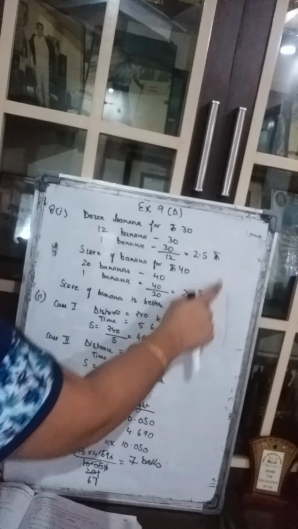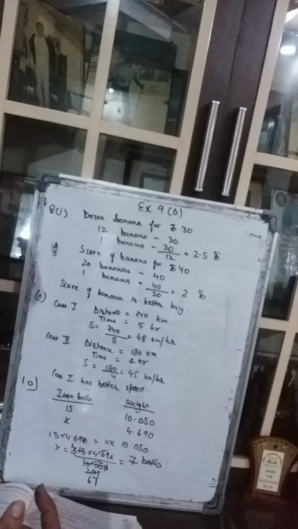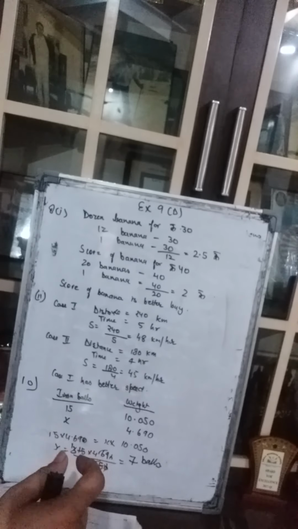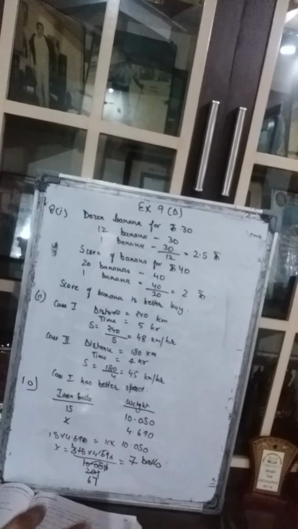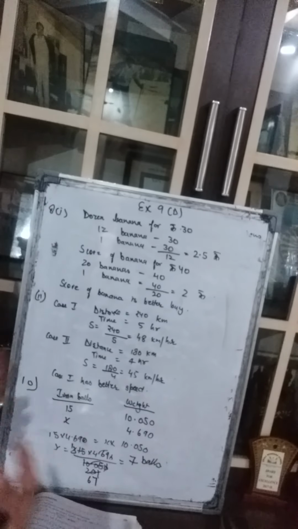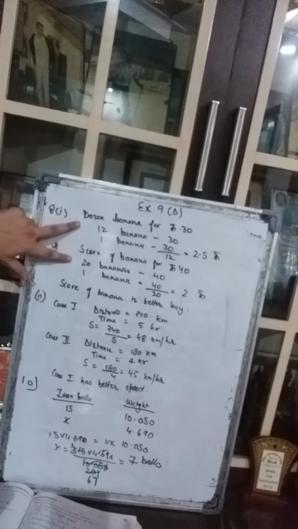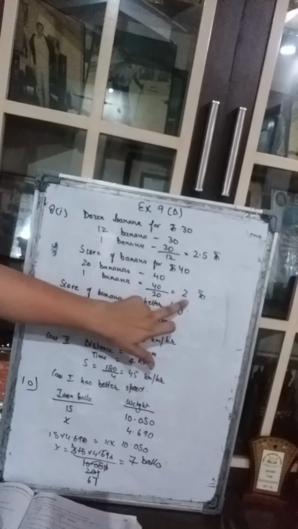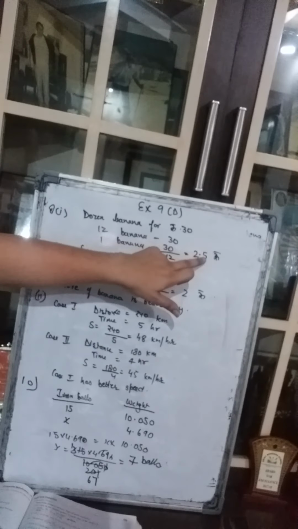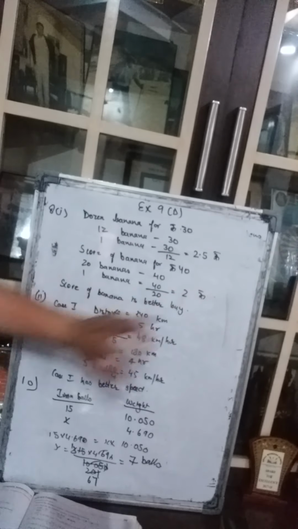So which one is a better buy? Whatever we buy at a cheaper rate, that is a better buy, isn't it? When you go to the market and you say, Mama, I bought this dress for rupees 200 only, and earlier we were getting it for 400. So your mama says, very good beta. So that means whichever is cheaper, that is a better buy, because you are saving money on that. So here, which one is a better buy? Score of bananas is a better buy because one banana is costing 2 rupees and here it is costing 2.5.